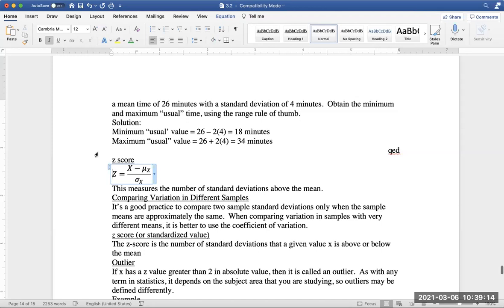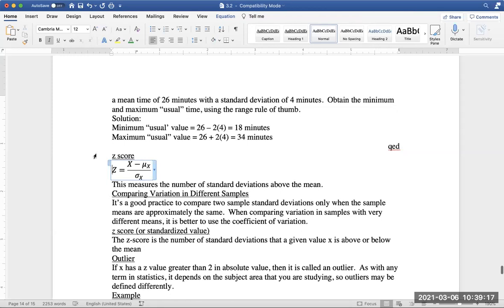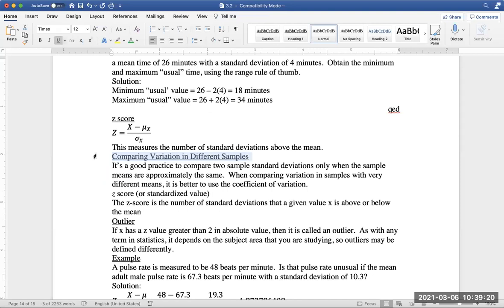So, comparing variation in different samples. If you want to compare 2 standard deviations, you should compare 2 standard deviations only when the sample means are approximately the same. Otherwise, when comparing variation in samples with very different means, it is better to use the coefficient of variation. So if there's a lot of difference between the means, use the coefficient of variation, or we can look at the